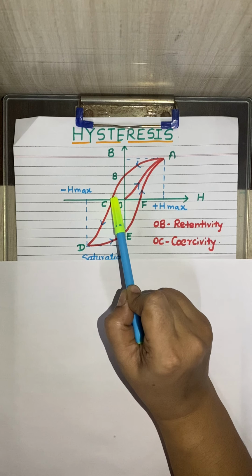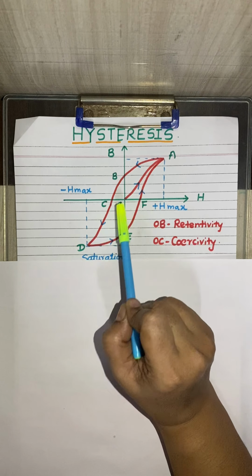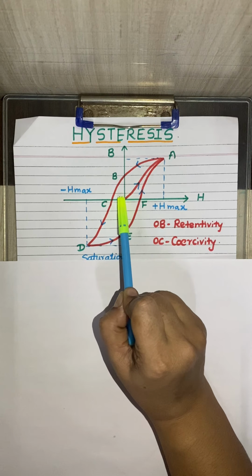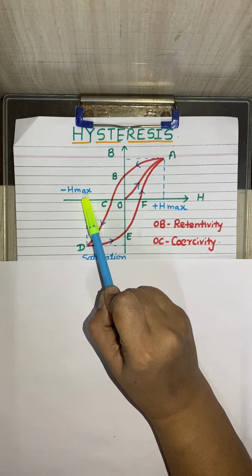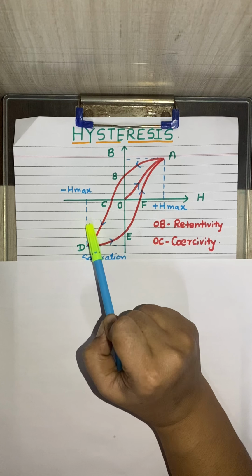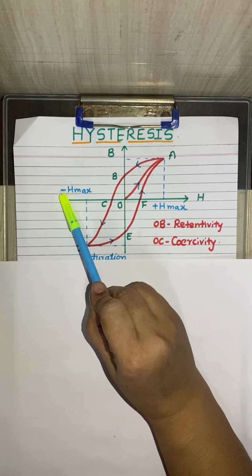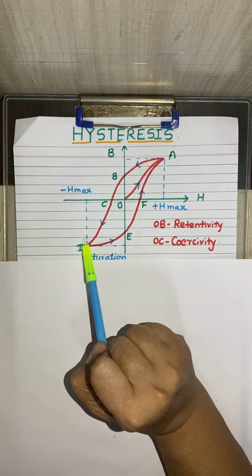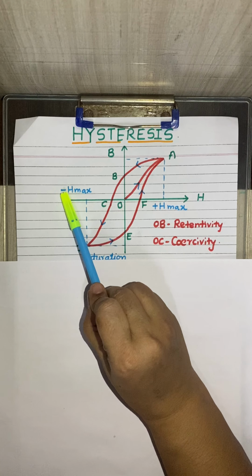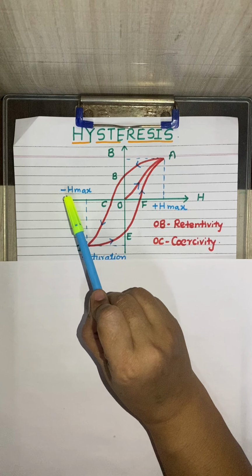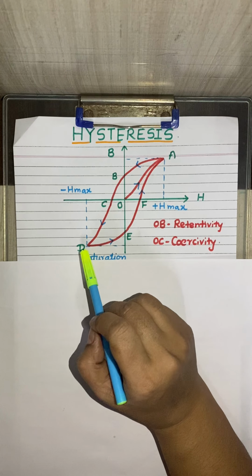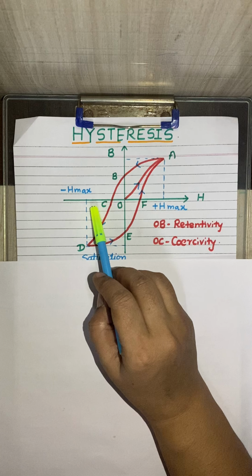Now again we are going to change this pattern, and go on increasing the reverse magnetizing field. Suppose we further increase the reverse magnetizing field in the reverse direction, then we reach a certain maximum value, but that is negative H max. You can see that from C to D we are increasing the H value, but in the negative direction. That means a reverse field is applied to that ferromagnetic substance. Now, reaching minus H max, what happens?